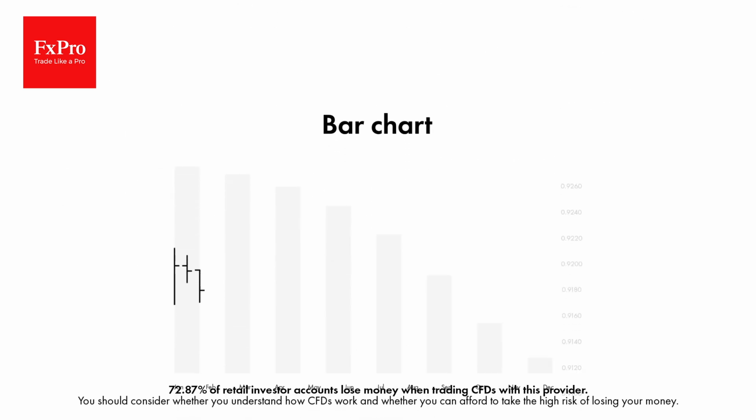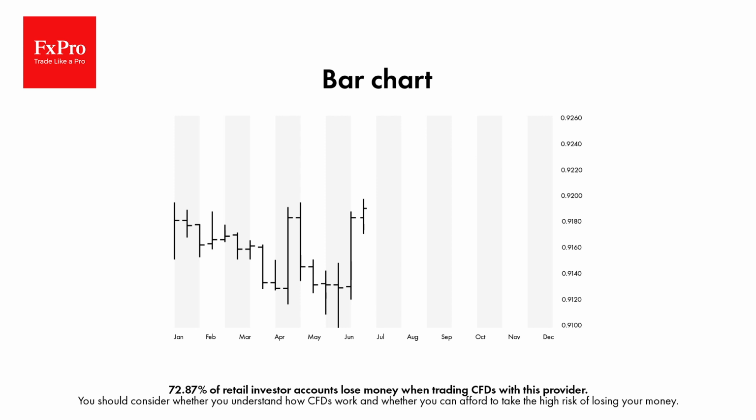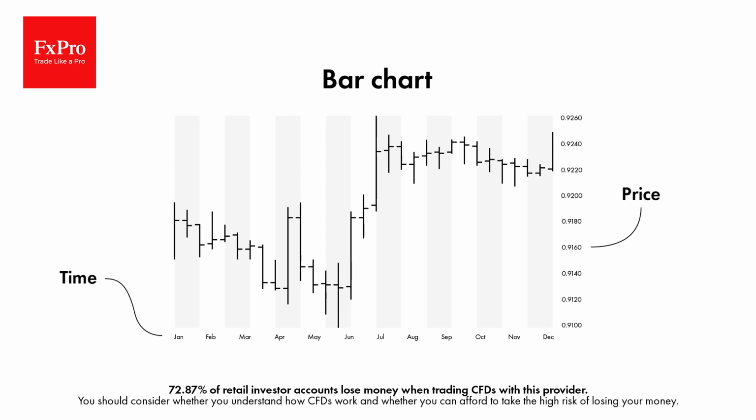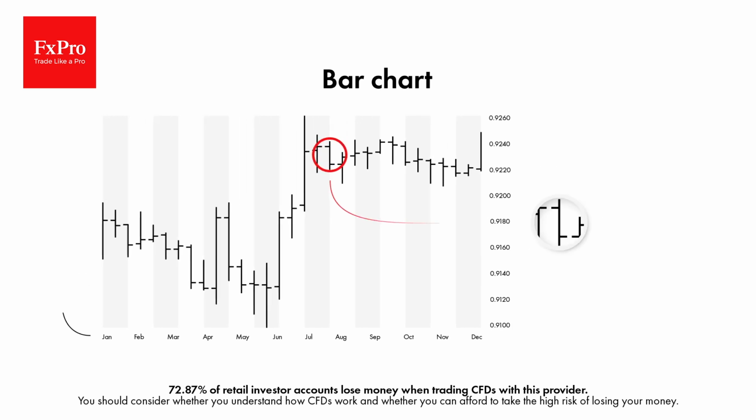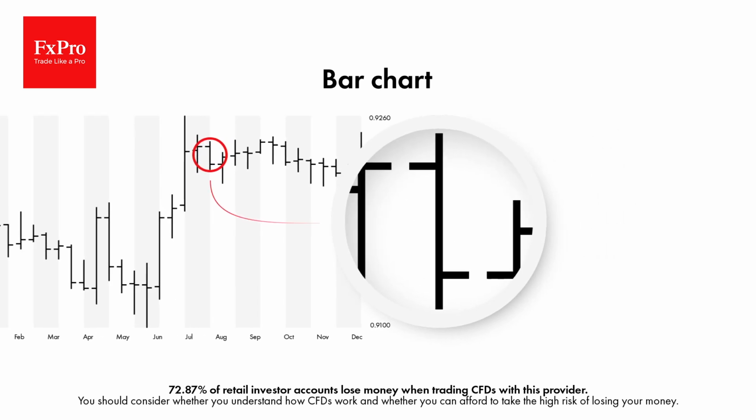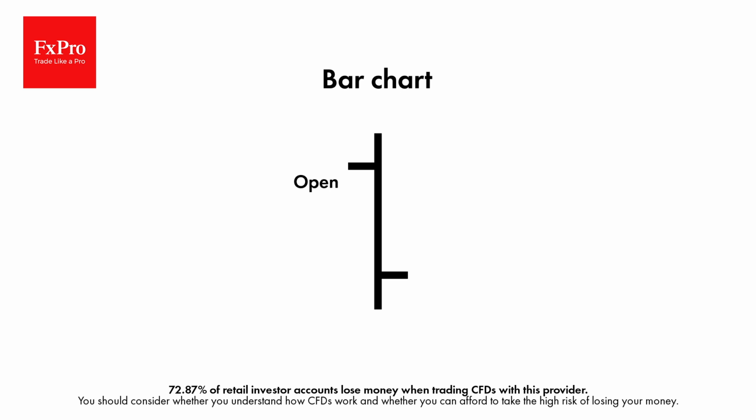A bar chart, on the other hand, provides much more information on the price movements, as it plots the open and close prices, as well as the highest and lowest prices during the specific time frame. The horizontal line on the left-hand side shows the opening price of the asset, and the one on the right shows the closing price. The vertical bar shows the range of prices that went into the trading platform for the